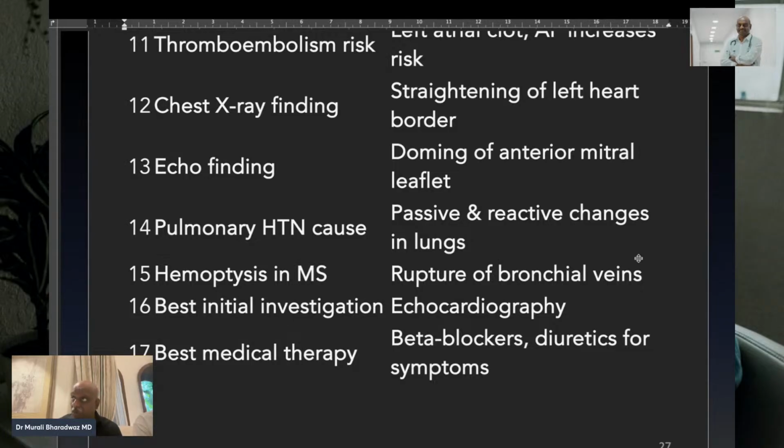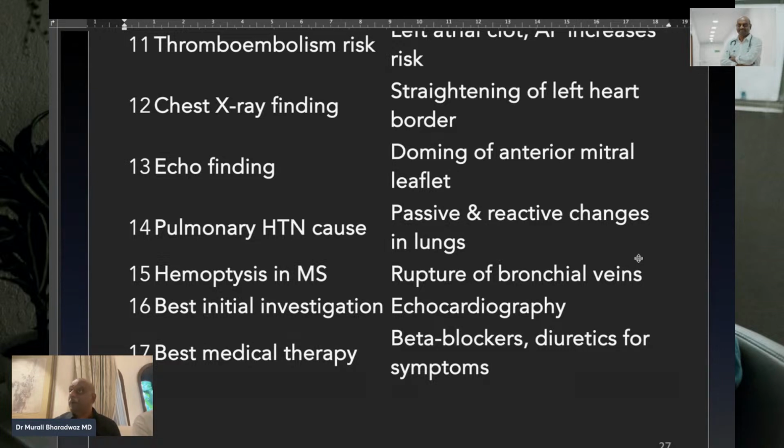But the moment pulmonary hypertension develops, this depressed area of the pulmonary artery will become equal with the aortic knob. So overall, the heart will have a straightening of the left heart border, which is an indication of pulmonary hypertension, seen in severe